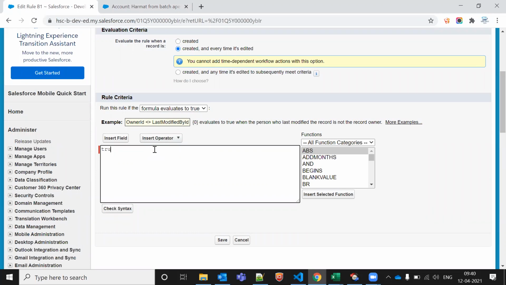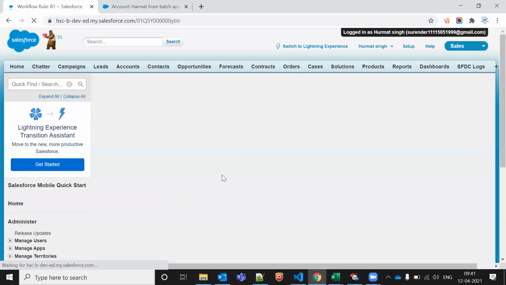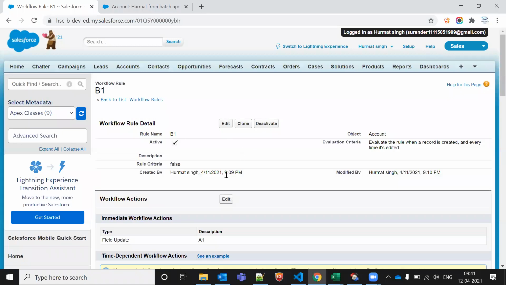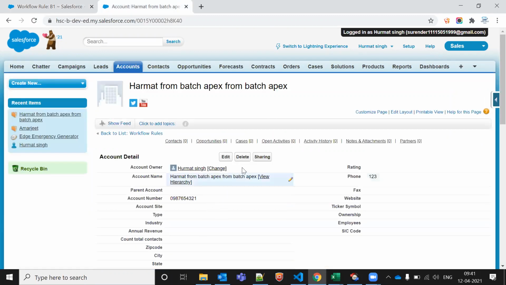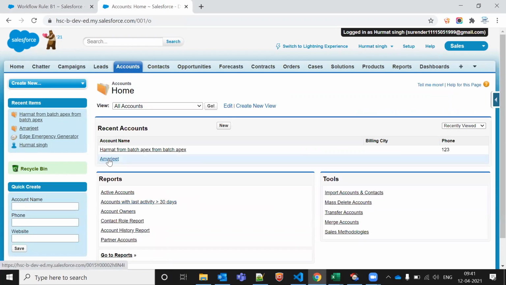You mean you are not allowing the existing validation rule to work, right? No, this is not related to validation. There is no link between my question and validation. If I make it false, then it will never work. I cannot edit this one because it is read only, but yes, it will never work. So let me show you the existing one.